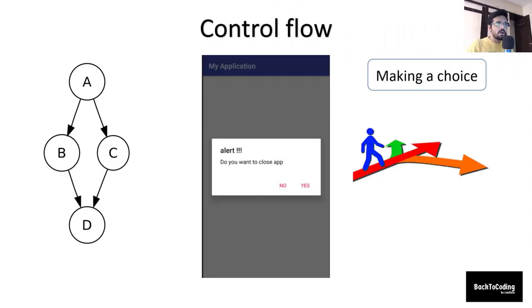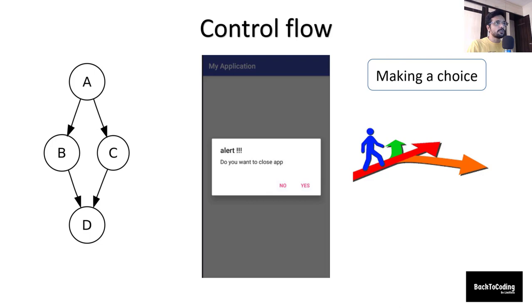In the previous video, we saw several different data types in Kotlin. In this video, we'll see basic control flow. Control flow is nothing but making a choice when you have more than one scenario, and based on certain conditions a path is chosen. For example, while closing an application, there are two choices given to the user, whether to close the application or not. And based on the user's choice, the app has to decide what to do next. That is, the flow of the program is controlled by the control flow statements.